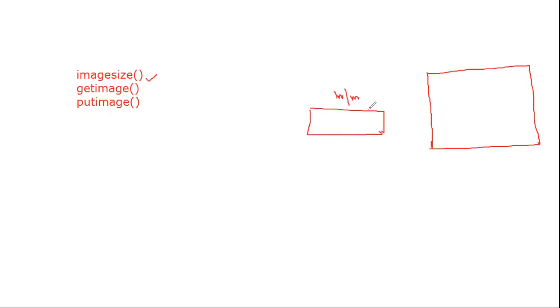For example, you have drawn an object, maybe a circle or a rectangle. If we want to know what will be the size required to store this image, what we will do is create a rectangular region across this object.